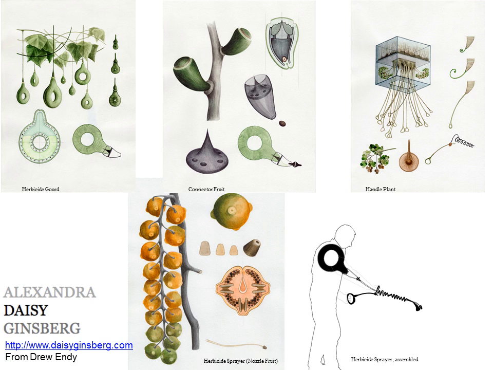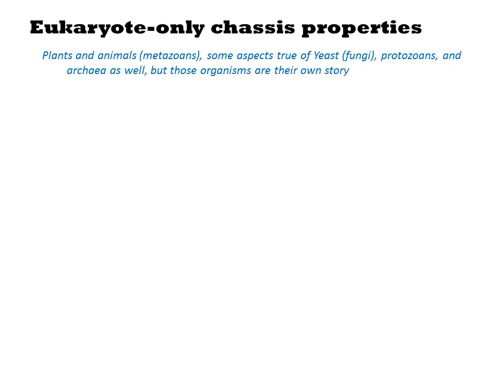processes. Daisy Ginsburg is an artist who has speculated on the future of synthetic biology and the potential for encoding the biological production of complex consumer products. Here she imagines how individual components of a gardening device could be produced in engineered organisms and then assembled into an herbicide sprayer. Though such applications are beyond the current capabilities of our field, eukaryotes and developmental processes are nevertheless a popular focus of research in synthetic biology.